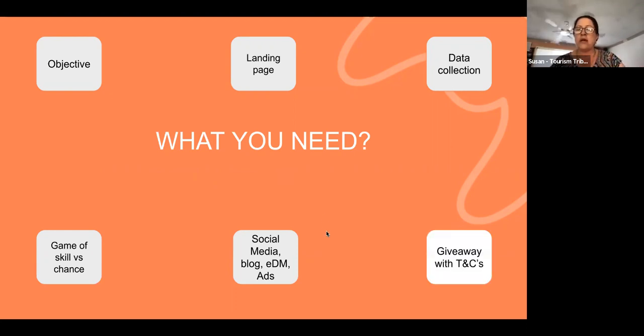And then, of course, what is the actual giveaway that you're providing? If you're an accommodation provider, is it 1 night, 2 nights? If you're a local retail business, like a dress shop, are you giving away a few dresses within your shop, or whatever it is? What is your giveaway? And then what are the terms and conditions attached to that giveaway? Really important to do that,